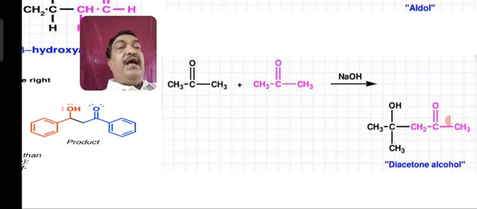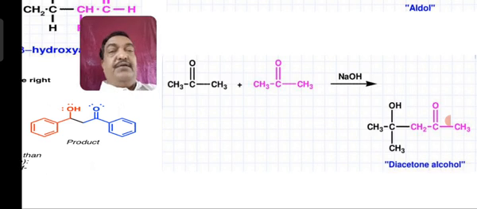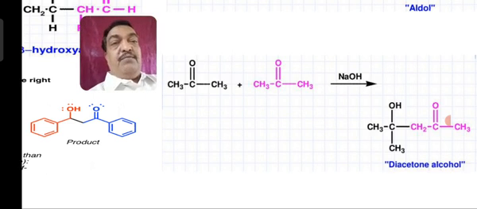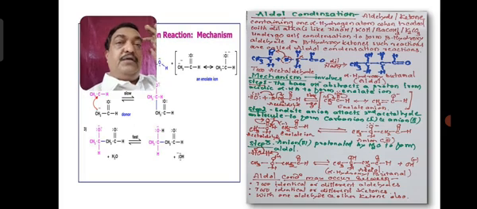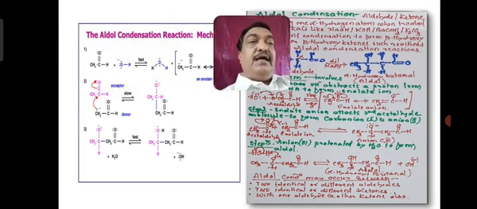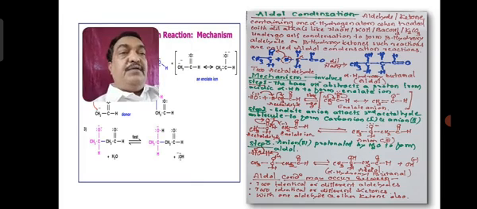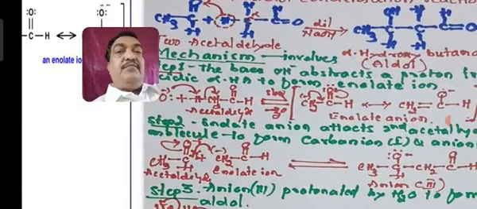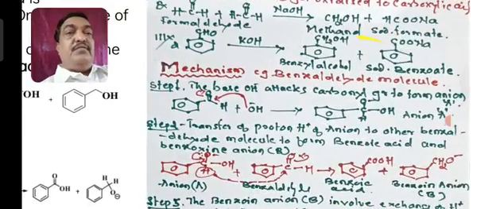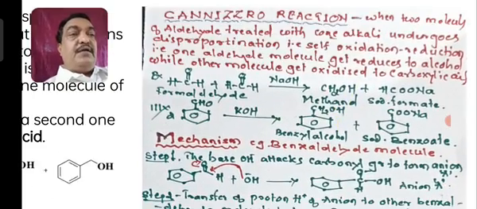So such reactions, when two aldehydes or two ketones or an aldehyde and a ketone, either aromatic or aliphatic, but the condition is there must be an alpha hydrogen. Then and only then can an aldol reaction take place. Okay. Now this aldol reaction mechanism can be represented by the internet method, or else what I have given, I have made it simpler from my viewpoint. Okay.